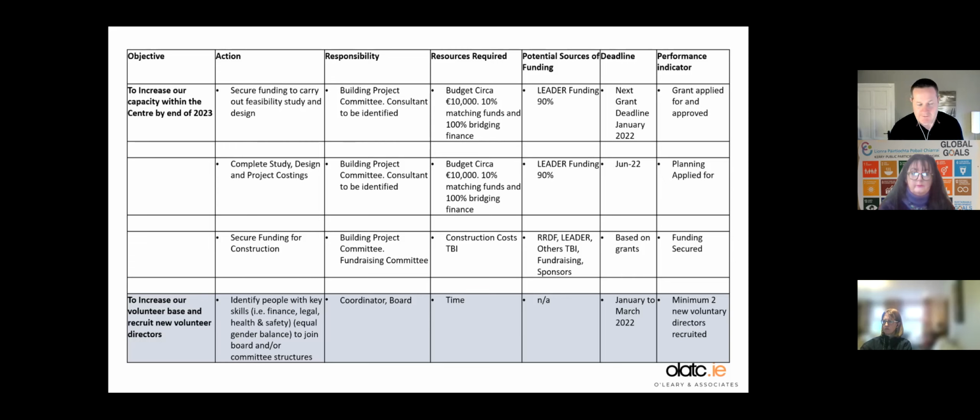template. But it is very, very important that you set actions against each objective. Very, very important. If you don't, you might as well forget about it because this won't happen. Okay, so